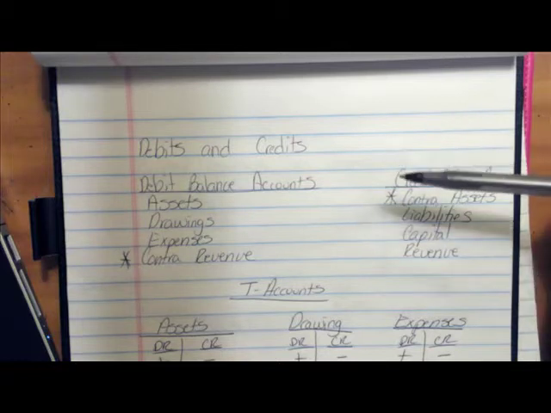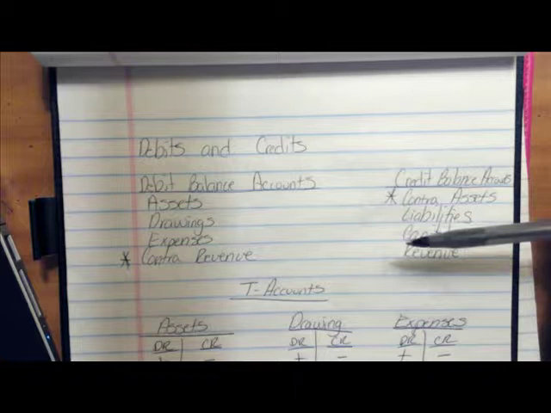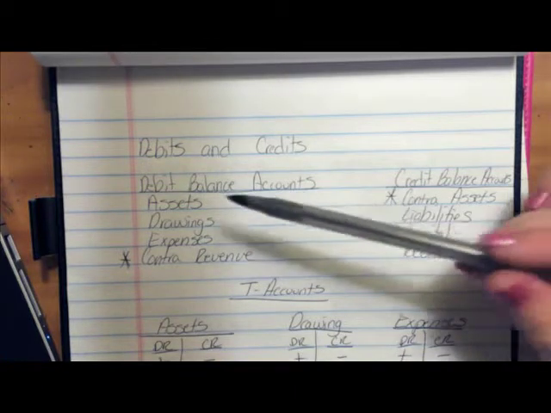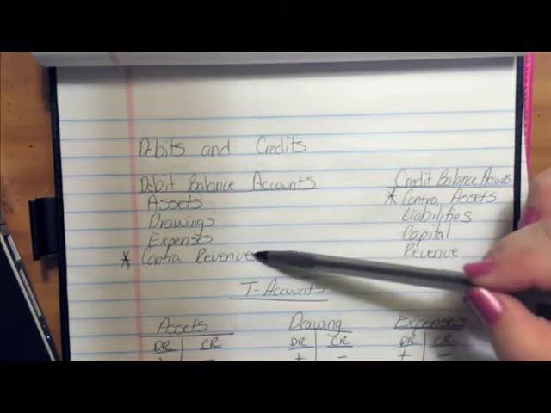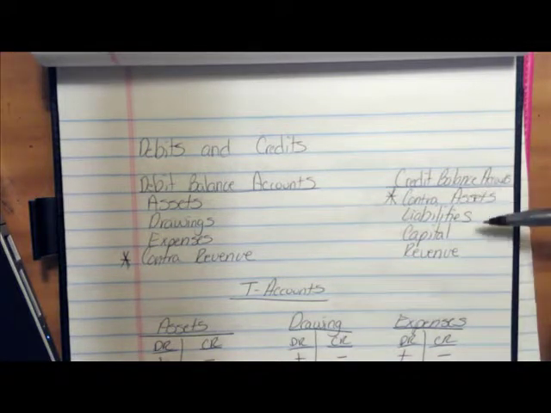To understand how debits and credits work, you need to know the normal balances of accounts. Assets, drawings, expenses, and contra revenue accounts are debit balance accounts. Contra assets, liabilities, capital, and revenue are credit balance accounts. We'll deal with contra assets and contra revenues in another chapter. However, you need to understand the normal balances of those accounts so you know how to use those accounts in